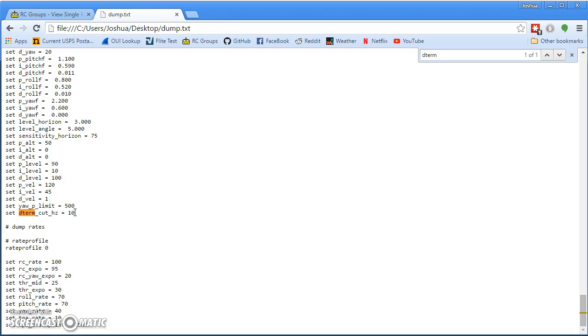Anytime the default values change, you should pay attention to that, because sometimes the default values change because we just refined it a little bit. Like it used to be that on LuxFloat, the default P values were a little bit too high. And on some setups, you could actually burn the ESCs or the motors with just the defaults, so the defaults were revised downwards